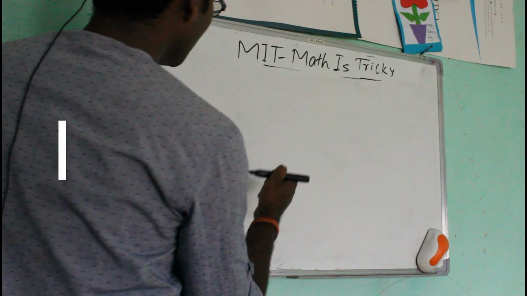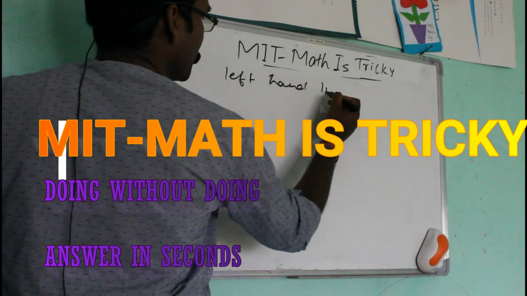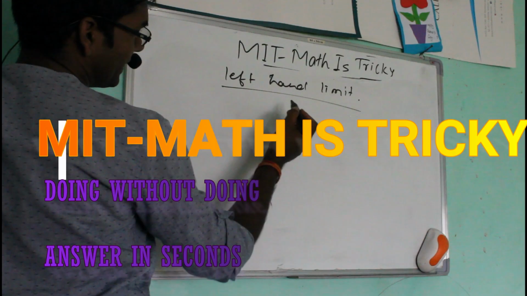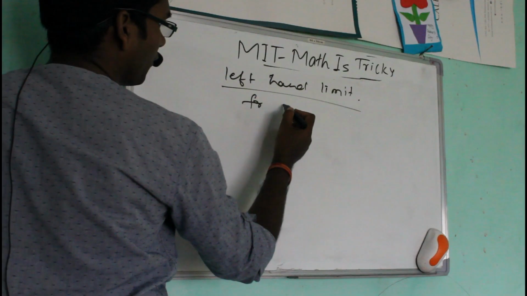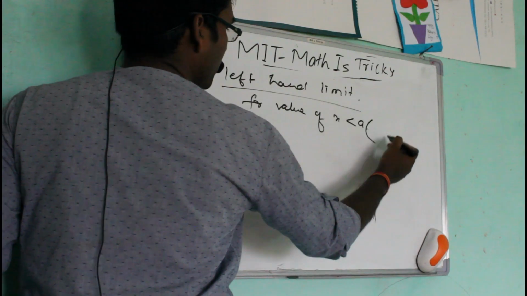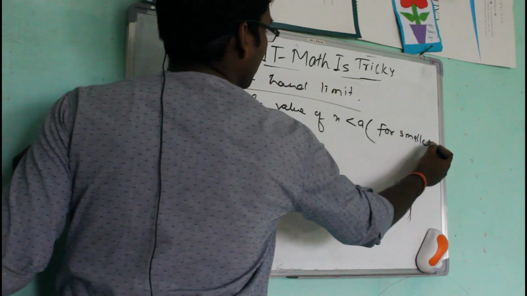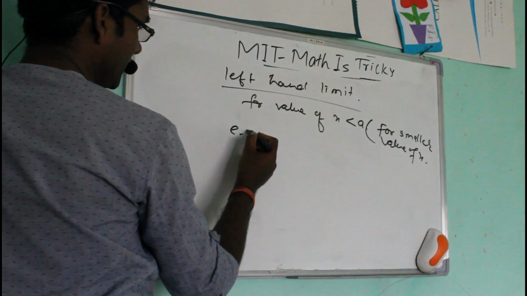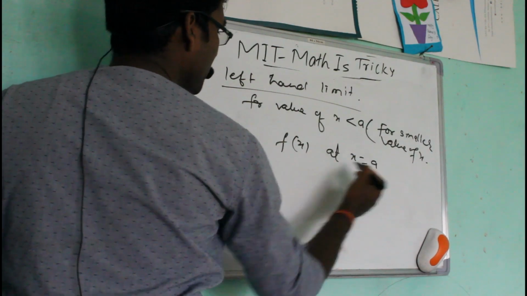In this video I'm going to share ideas about left hand limit and right hand limit. Okay, so this left hand limit. The left hand limit is the limit for values of x less than a, that is, for smaller values of x. Suppose, let's take an example, f(x) is given and we have to find the limit at x equals a. Then the left hand limit is